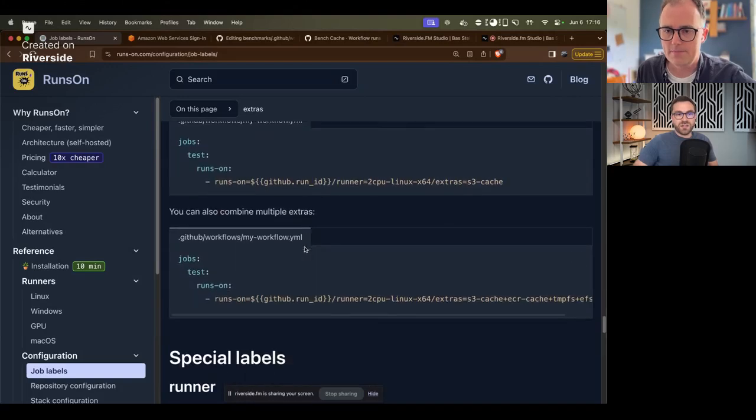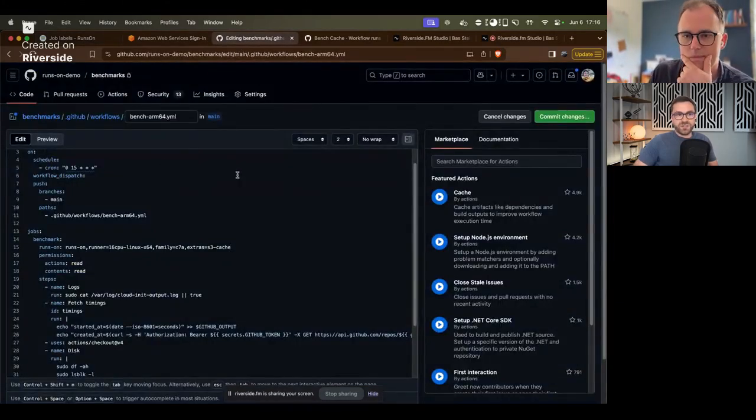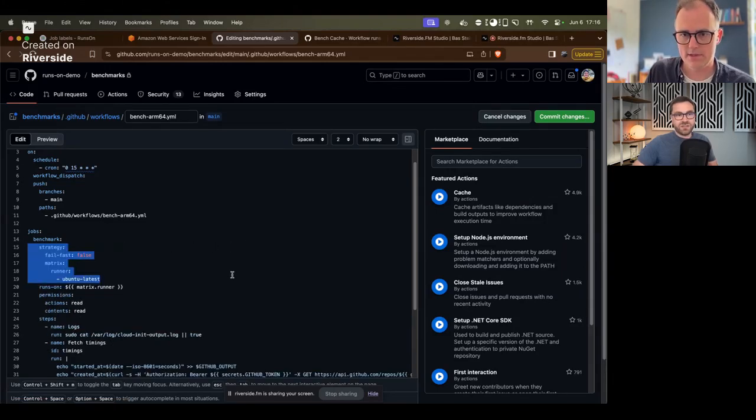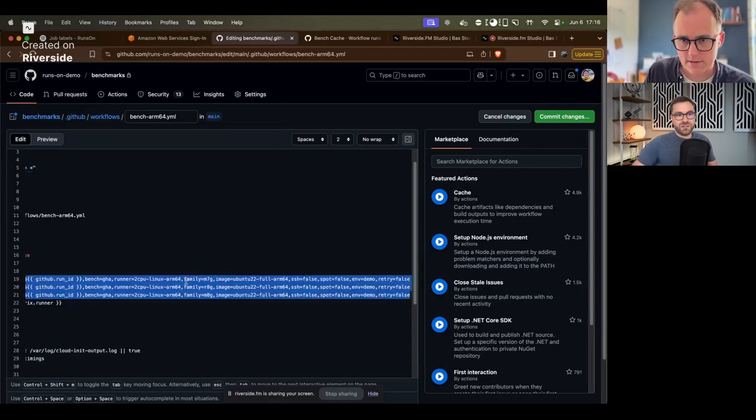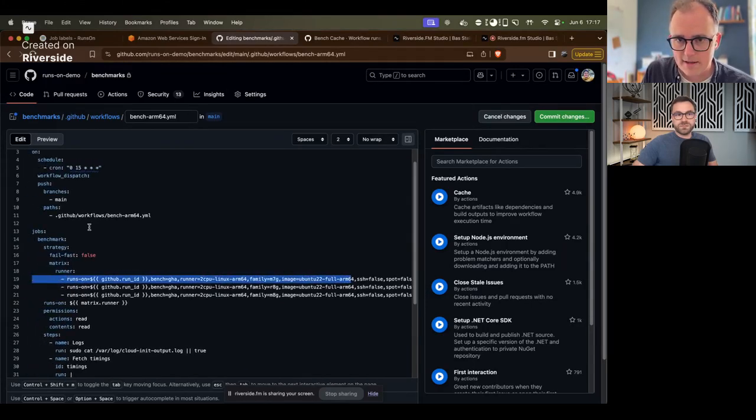And if you save that file and run the workflow, then RunsOn will take care of spinning up the instance, installing the custom runner, and all that kind of stuff. I'll just revert to what I had just to make sure. This one, it's a benchmark. I don't remember what it does, but let's just say I fix